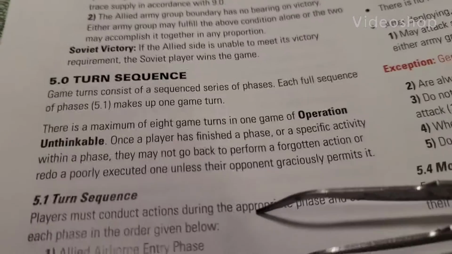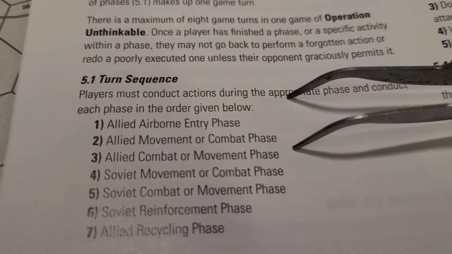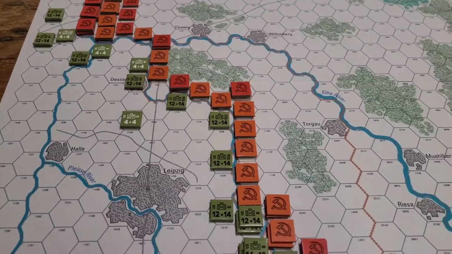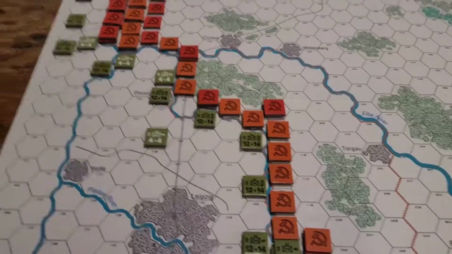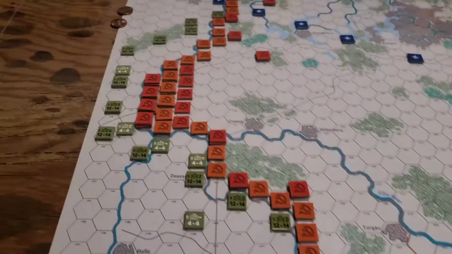Alright, first phase of the game for Operation Unthinkable. And we got the Allied Airborne entry phase. It wants you to declare if you're going to have a drop this turn. And I've been thinking about things, and I think you got to use these guys the first turn. They're definitely becoming handy. Now, my plan was, but now there's a cog thrown into it, was to do something